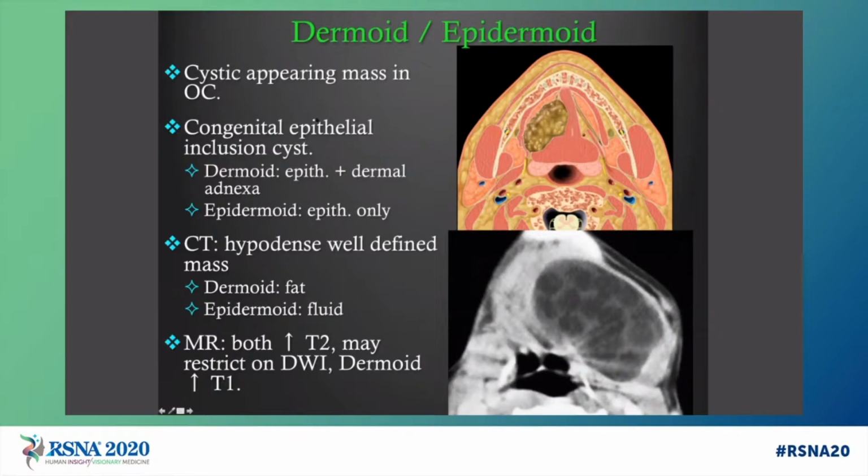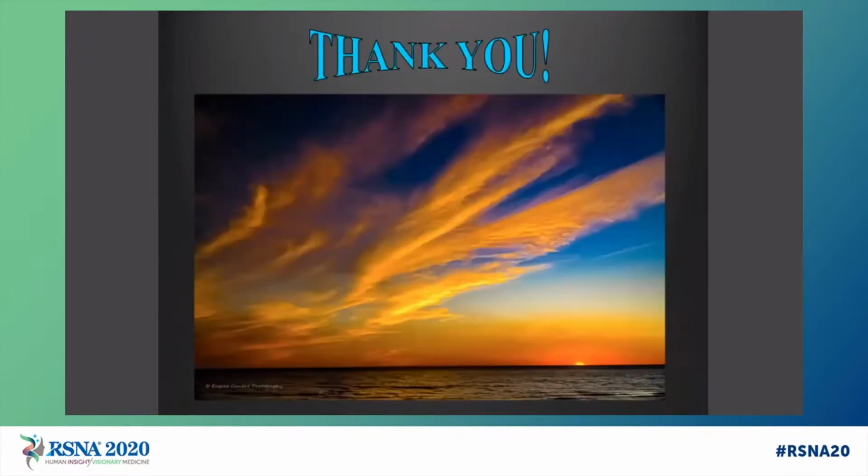Again, as you all remember, these are congenital epithelial inclusion cysts. Dermoids, of course, will contain fat, as we see beautifully in this old axial contrast enhanced CT image, where we see this large cystic mass in the sublingual space, and we see lots of fat globules in here, of course, consistent with classic dermoid. And that wraps up our discussion of the oral cavity and common pathologic processes,